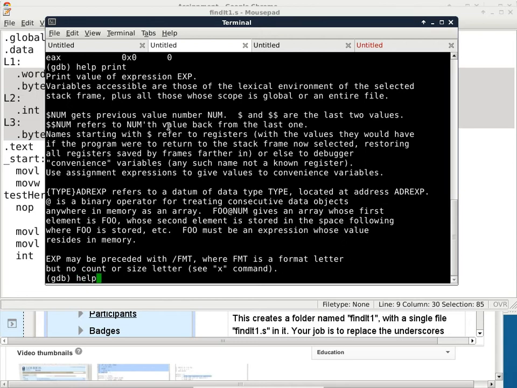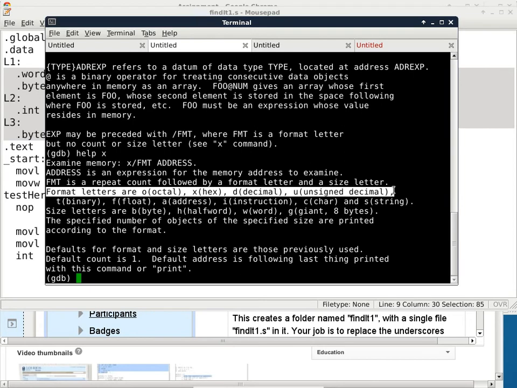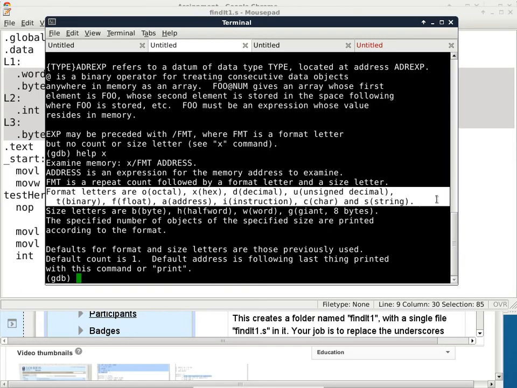So you want to do a help x here, and when you type help x, I'll just go ahead and identify the portion that is going to be useful. Format letters are o for octal, x for hexadecimal, d for decimal signed, u for decimal unsigned, t for binary, f for float, a for address, i for instruction, c for char, and s for string. Okay, so those are the important things that you need to know about the